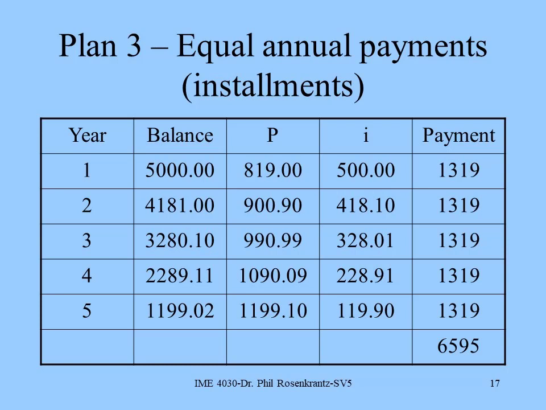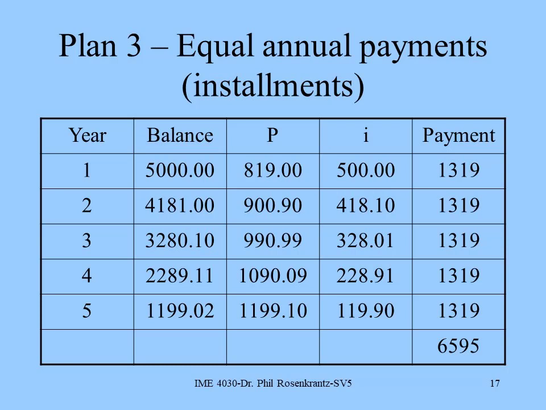So let's look at the first year. We know that 10% of $5,000 is $500. So our interest charge is computed first, and that's $500. So all the rest of our monthly payment, or rather our annual payment, goes to principal. So we subtract $500 from the $1,319 to find out how much is left over to go to principal. In this case, $819 is how much of our payment went to principal. Well, since we paid that much on principal, our next year's starting balance is going to be $5,000 minus that, or